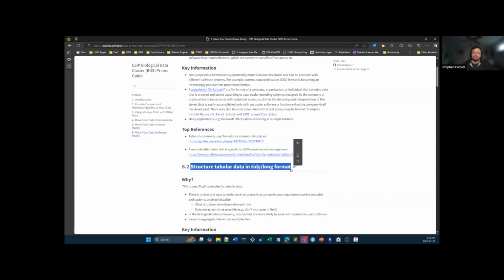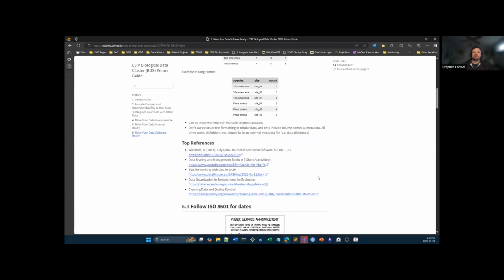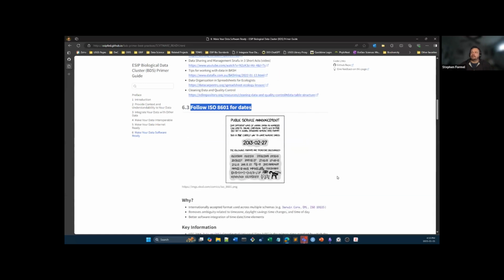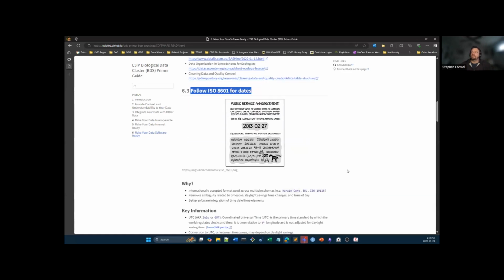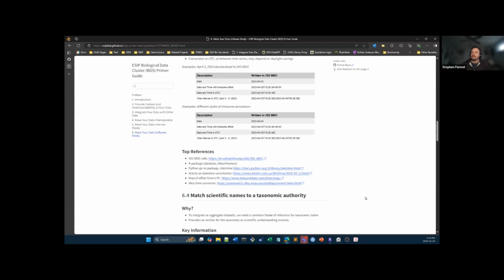Are you a tidyverse fangirl, or, I don't know what the wide version of that is. Again, these are things that we're fairly familiar with and use because they're the actual things we do with the data. Following ISO 8601 for dates. This is such a hilarious thing that there are actually cartoons about it. That's how much trouble it gives us across the world.